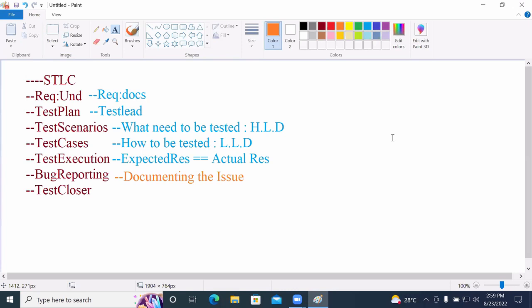In a similar way, we need to be taking with bug reporting. So what is the meaning of bug reporting? Documenting the issue. So the meaning of bug reporting, we need to be documenting that particular issue. What exactly that particular issue is, you need to document that particular issue. Now, for documenting this particular issue,